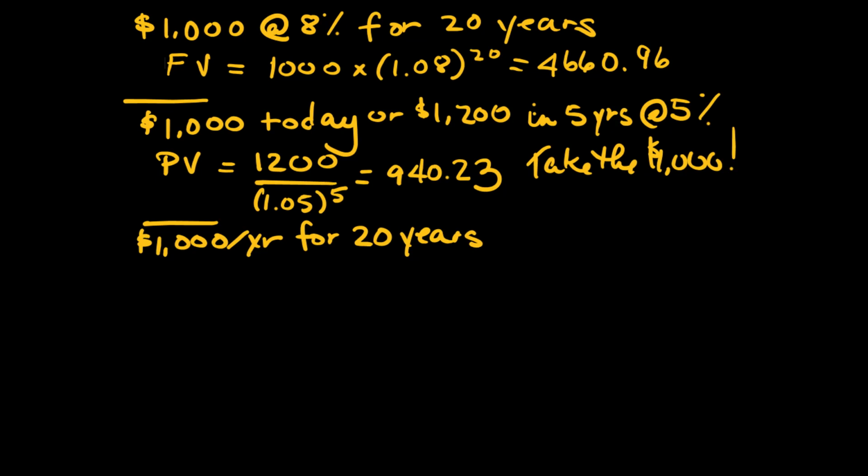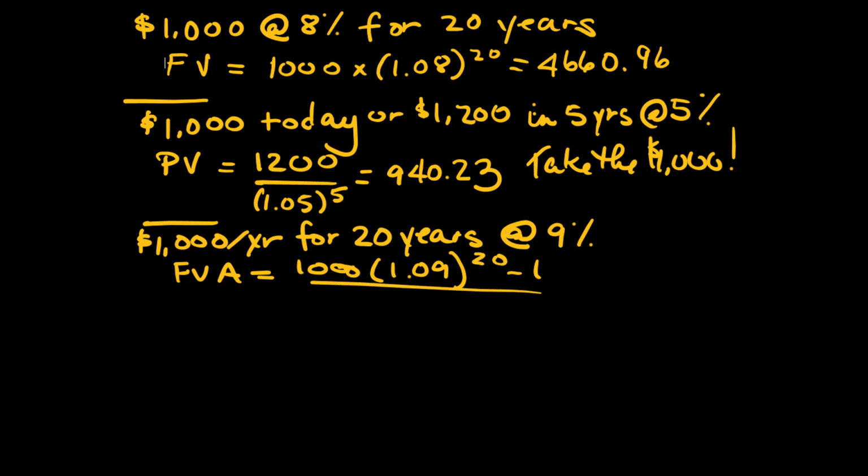How much would you accumulate in 20 years if you start saving $1,000 every year and earn 9% on your savings? Well, the future value of an annuity is equal to the payment times 1 plus the interest rate raised to the number of periods minus 1, and then all of this is divided by the interest rate. And so if we multiply this all out, we'd have 1,000 divided by 0.09 times 1 plus 0.09 raised to the 20 minus 1. And we would end up with